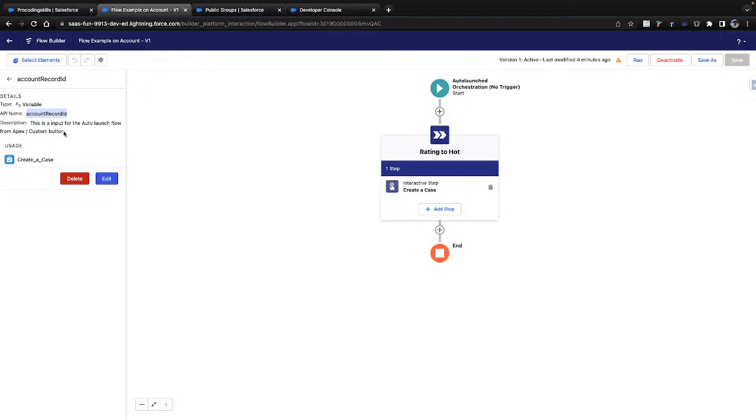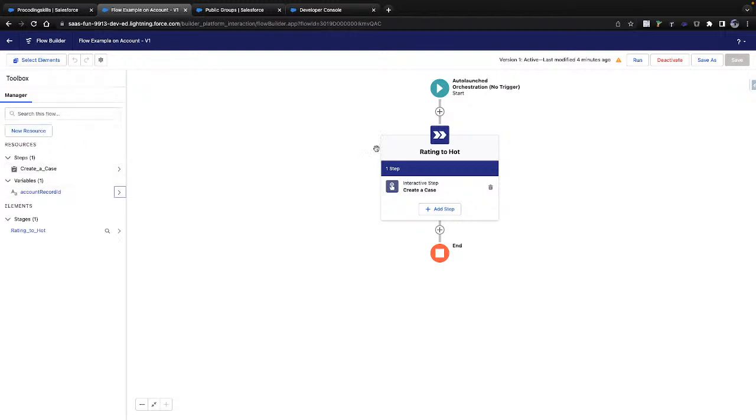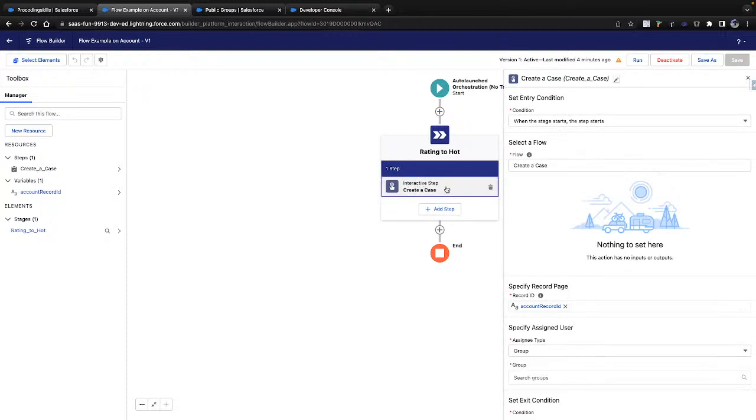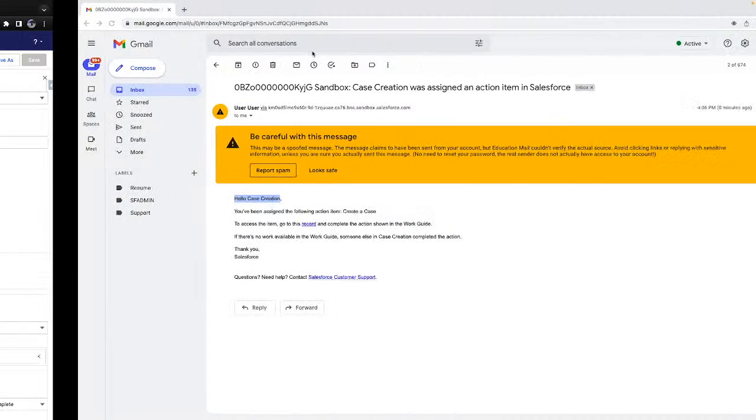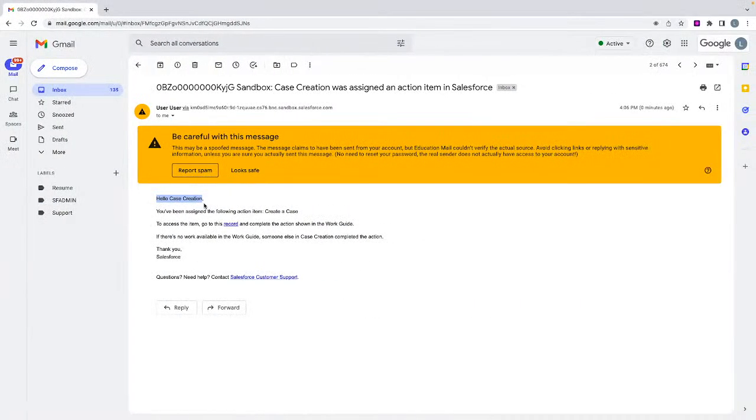That's the step we have, right? If you can see here, what is the step that we have? Create a case. The group name is case creation. Hello case creation group, you have been assigned the following item. Create a case. This is my step. To access this record, click. This is an automated email provided by Salesforce.